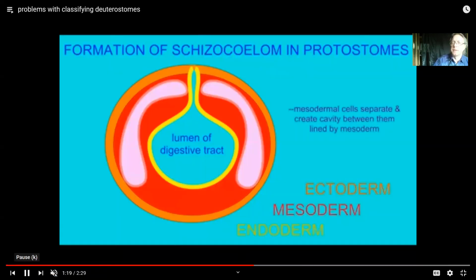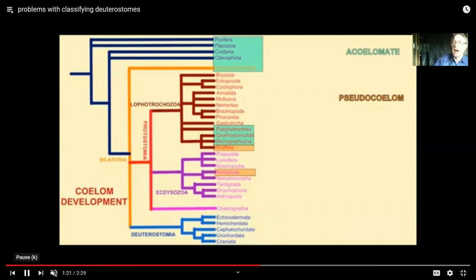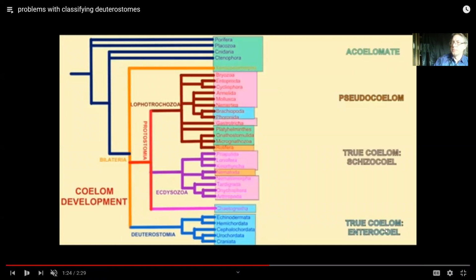It is determined by the mesoderm and how it forms. But if one were to look at the type of coelom that vertebrates have, in blue, that's also in a couple of the protostomes. Here's the typical coelom that the protostomes have, but then a couple have lost their coelom. So the point is that